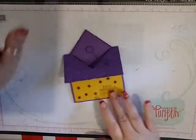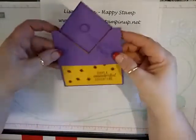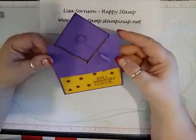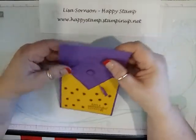Hello, this is Lisa from Happy Stamp, and today we're going to be making a gift card money holder for your graduate. So it just opens like this,